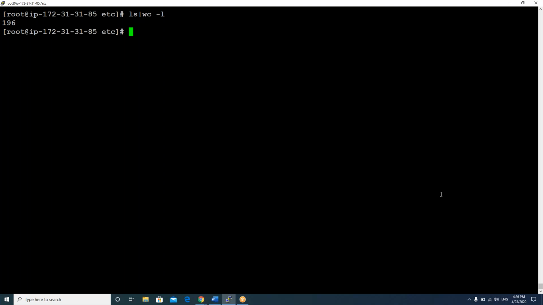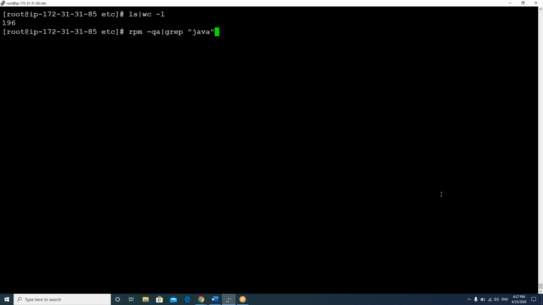I can do it this way also: rpm -qa. What will this command do? It will list all the packages. Now pipe symbol, grep Java. The first command lists all the packages, and I'm sending the output to the second command.